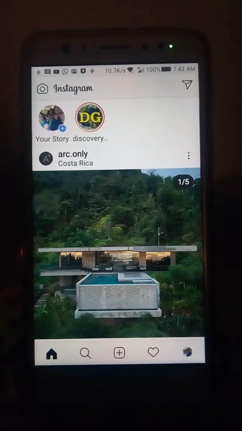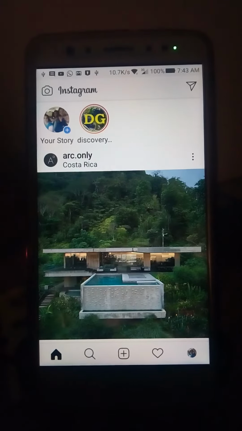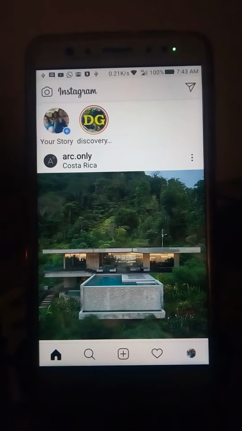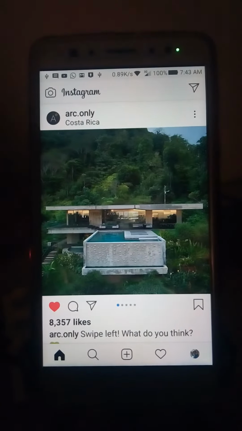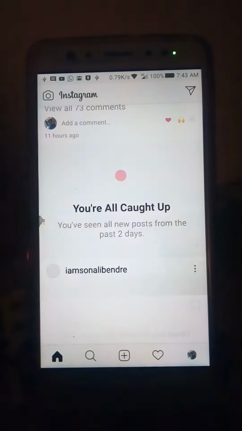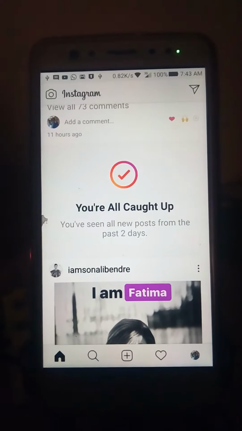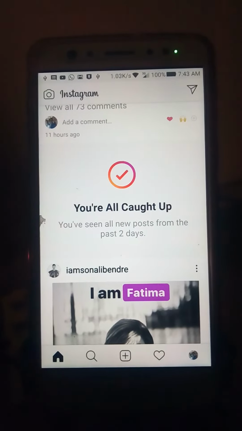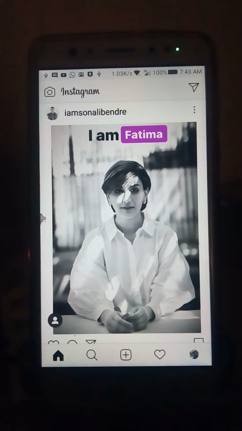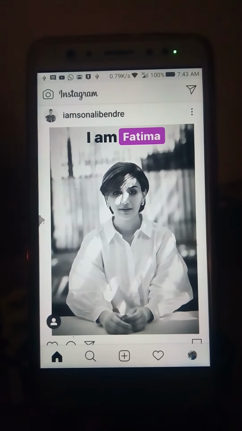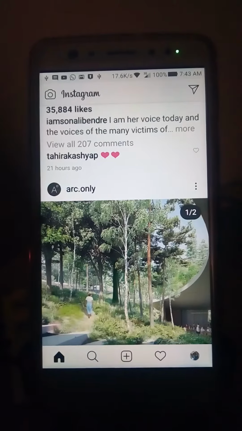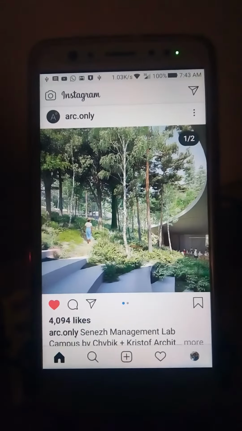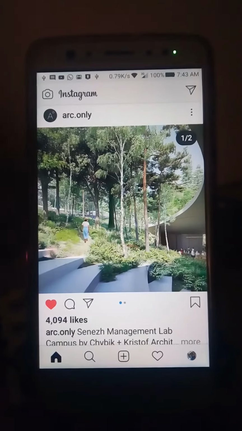Instagram open, scrolls up a little bit so that arc.only is at the beginning, scrolls full, scroll up so that I am Sonali Bindre is at the top, scroll full, arc.only at the top, scrolls full,